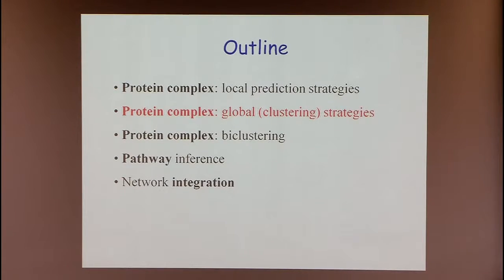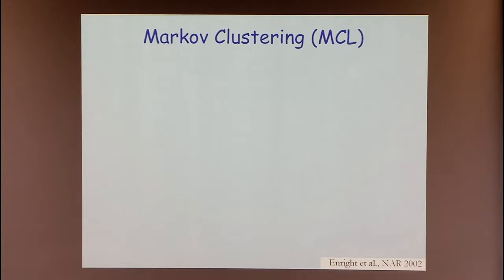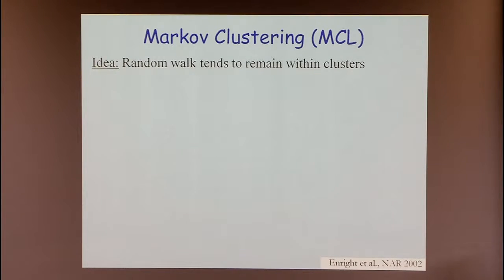Okay. So now moving to a global perspective on this problem, I'd like to share with you two algorithms that have been influential. One of them is this idea that you can analyze data in a way that something emerges out of it. So this is Markov clustering. The idea behind this algorithm is that when you do a random walk in a graph, you are more likely to stay within the same dense region than to cross between regions.